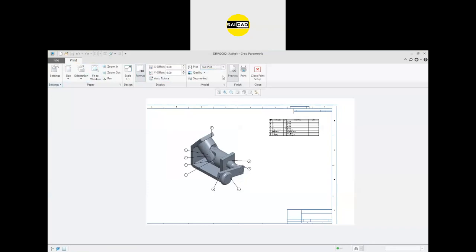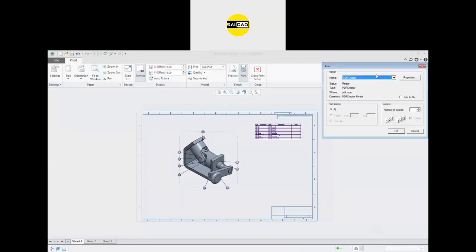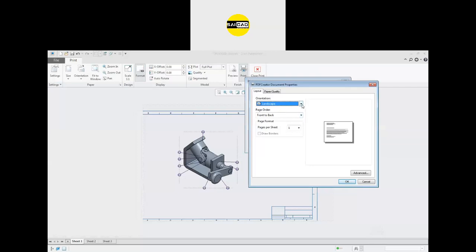Okay. We need the full plot. We need the print property. This is landscape from here also. Picture quality is only that.